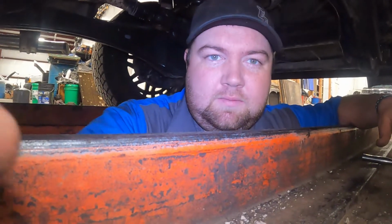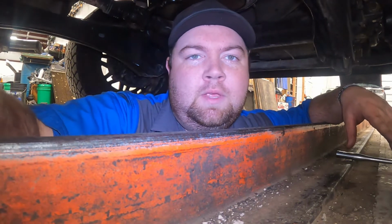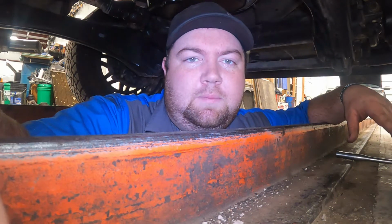So that's basically it. Now I'll just finish doing the service, put the oil filter on, fill it back up with oil. Probably smart to give this a little while just to dry so it doesn't leak,